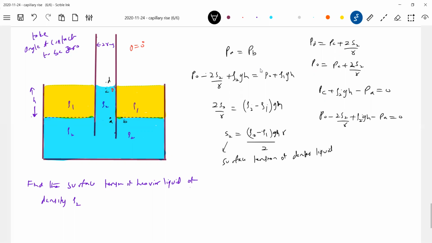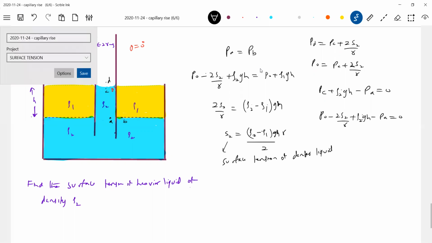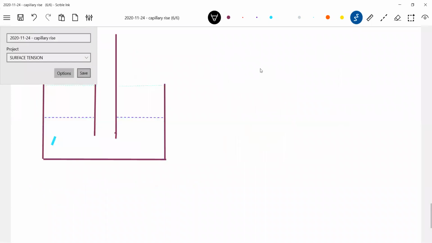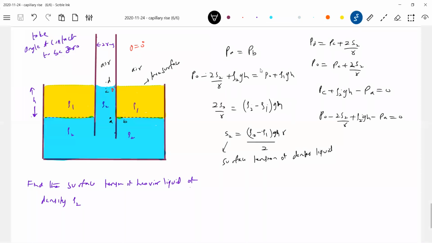Various methods. Are you getting, no? So this is the easiest way of finding out the suffocation of the second liquid, say a denser liquid here. So I think this idea helps us a lot, no? Pressure at D, because the meniscus is concave for air. There's a free surface. Force due to suffocation will balance the weight of the liquid. There'll be a little bit, because the pressure at A is not P naught. So therefore, this particular thing will help us.